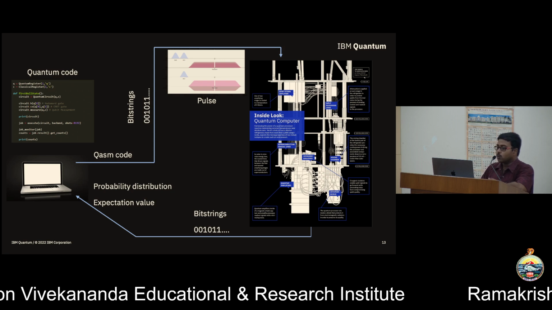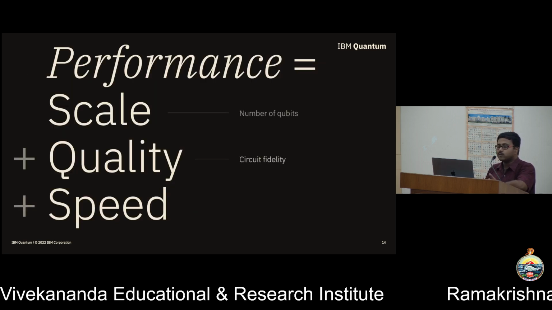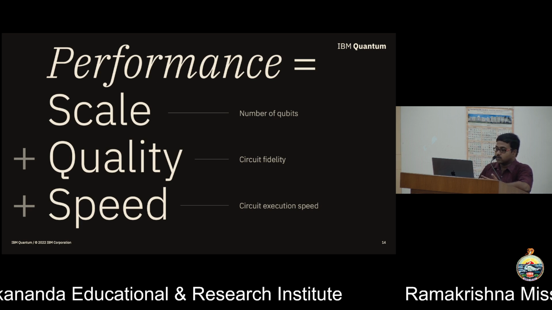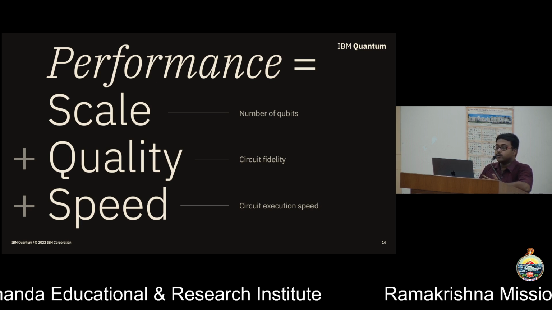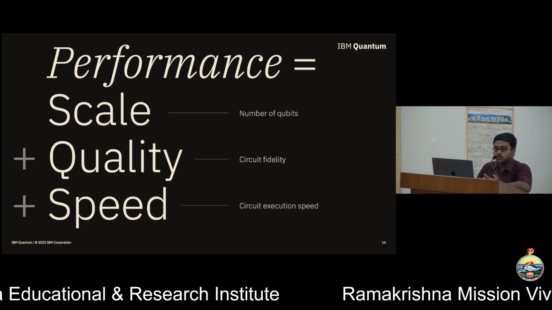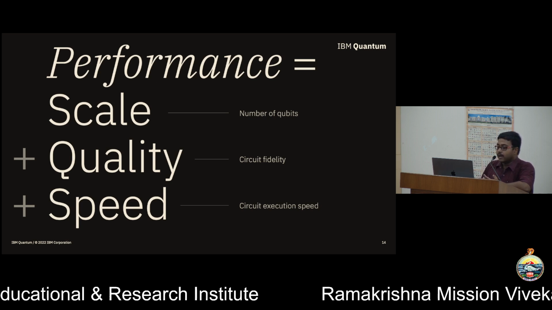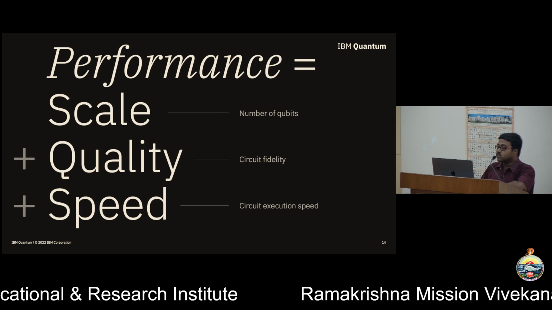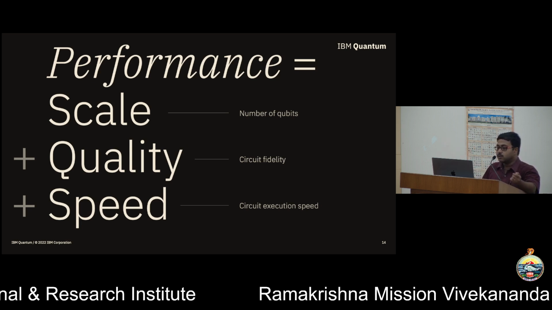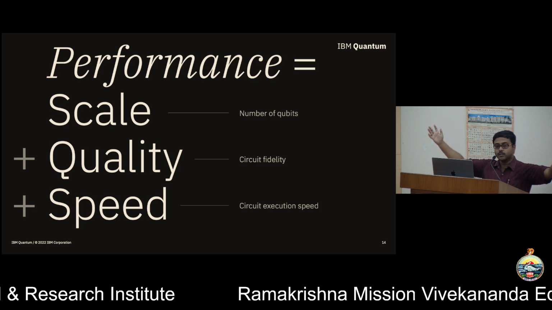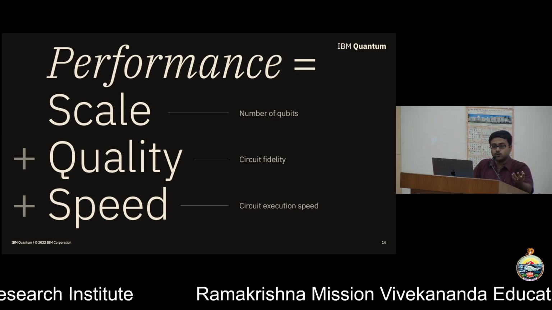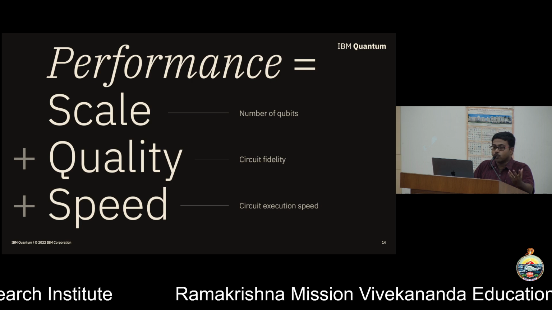Now, when we talk of a quantum computer, how can we say how performant the system is? There are a few things. First, if I give you, say, 1 qubit, that's not useful. What can you do with 1 qubit? On the other hand, as I was saying, quantum systems are noisy, so they start interacting with each other. If I give you 1,000 qubits, everyone is talking to each other. That is also not useful, because you cannot do any useful work with it.